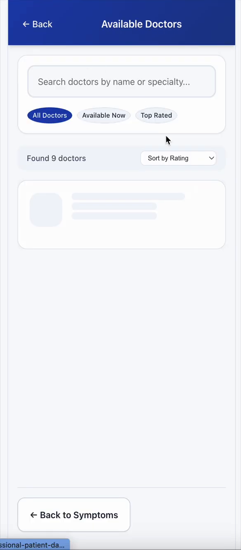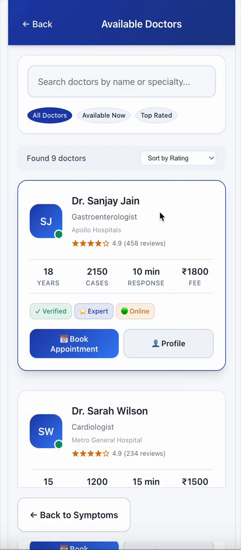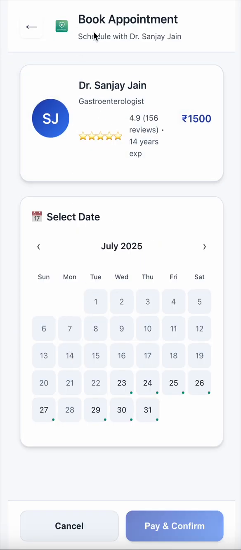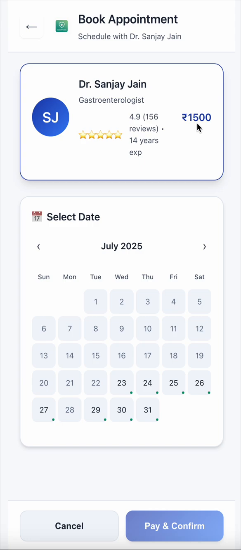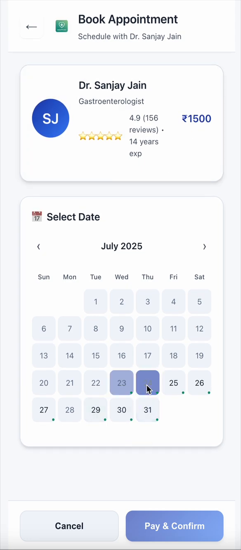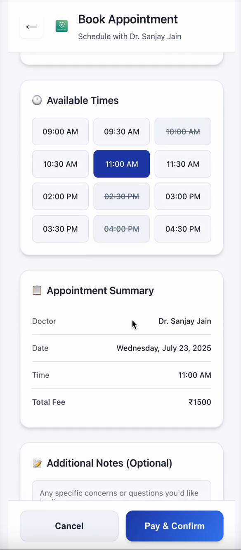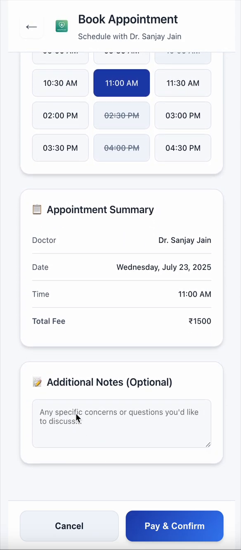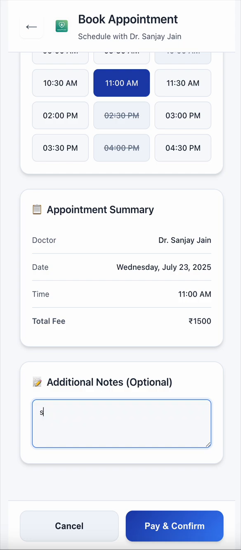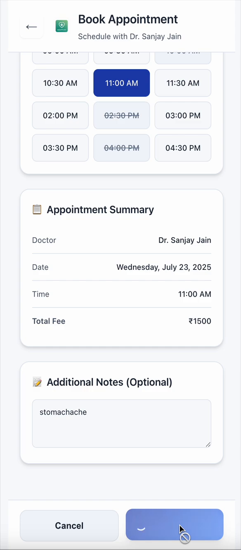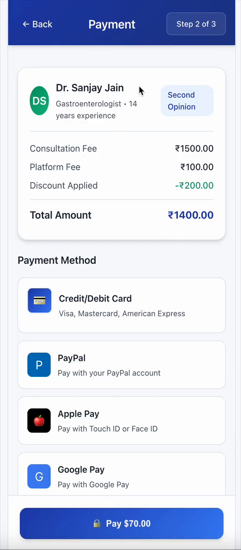Going back, right now the patient had a problem with stomach, so let's book an appointment. The details are displayed. Charges are 1,500. We want to book it for Thursday. Available times are shown, and those that are not available are struck out. Say I want to book for 11. Put notes, stomach ache, pay and confirm. We land onto the payment page